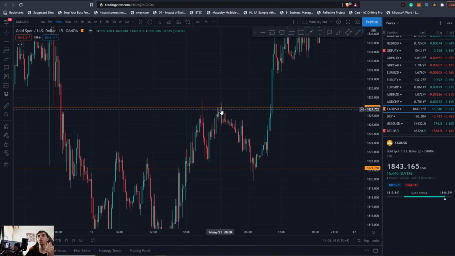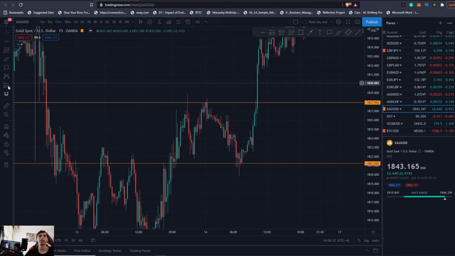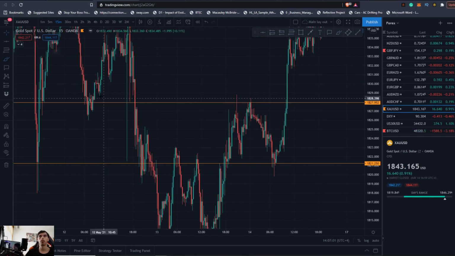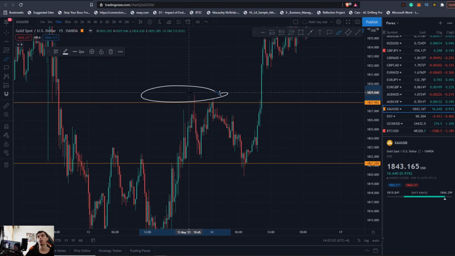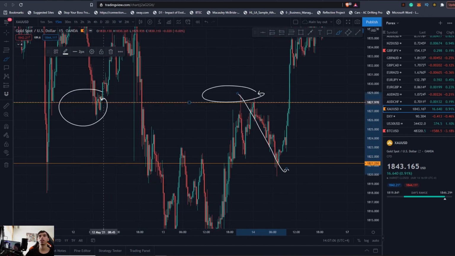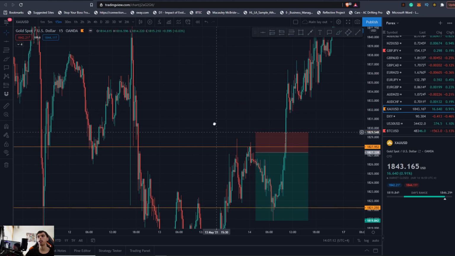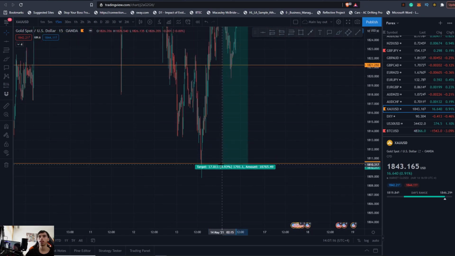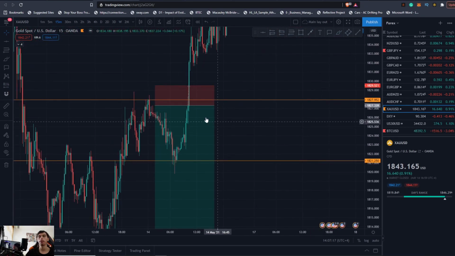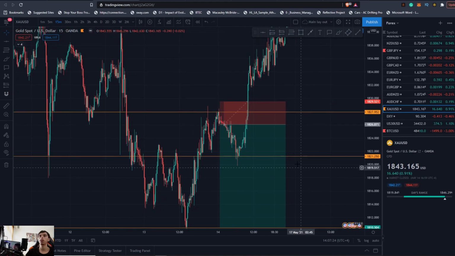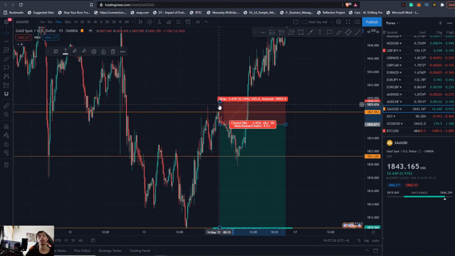I see a lot of people would have done this. They would have seen resistance at this area, this is an order block, warning, we are going to come down. And what are they going to do? They're going to put a stop loss like this and go short here, and they're going to target, obviously, the bottom of the range. Your entry would be something like this, and you would come down like so, and you would say, oh, this is a great trade, 30 pip stop loss.